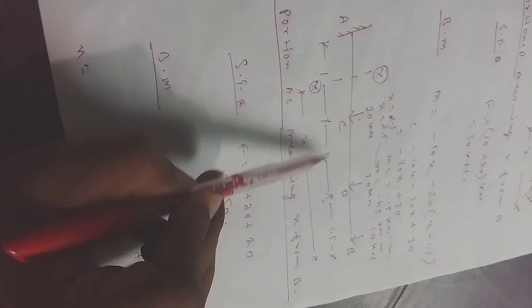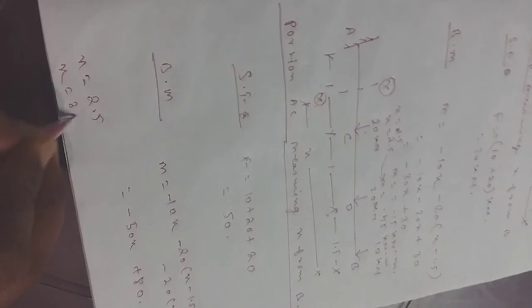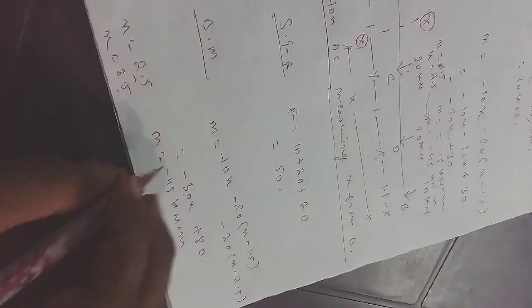Again if you put the boundary condition, what will be the boundary condition? At C it will be 1.5 plus 1, that is 2.5, and at A it will be 2.5 plus 1, that is 3.5. So if you put the moment value at x equal to 2.5 here, you will get the value minus 45 kilonewton meter. If you put 3.5, then you will get the moment, this is minus 95 kilonewton meter. Now just plot this here.